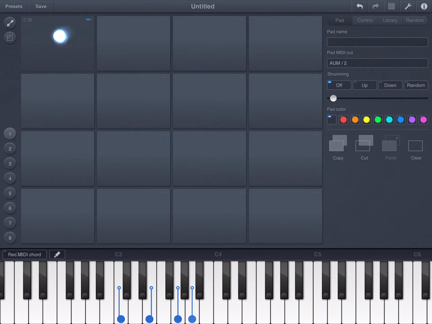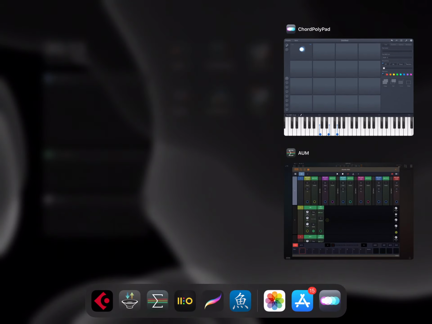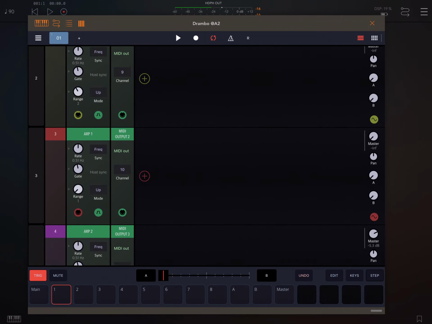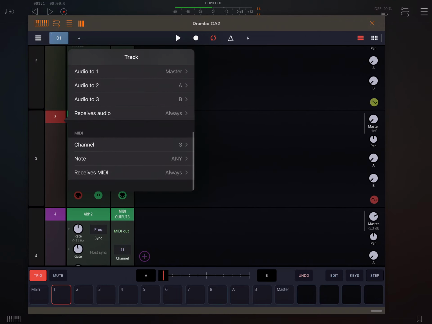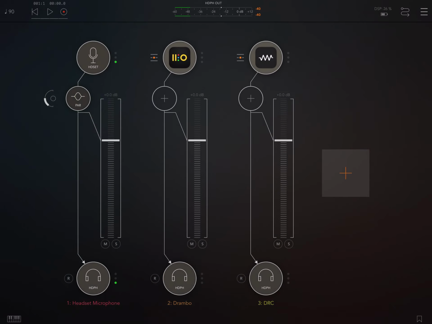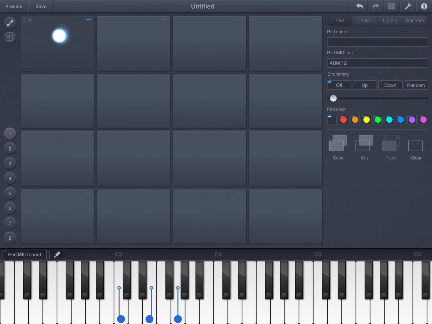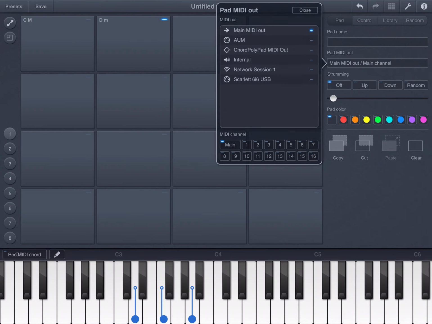Okay. So let's use another track. Let's look here at track 3, which is receiving from channel 3 and sending to channel 10. So we are going to put chord polypad to make a new set of notes. We'll use D minor. And remember, sending to AUM on channel 3, because track 3 is listening to this channel. And now as we hold it